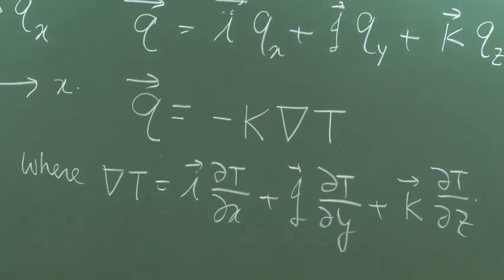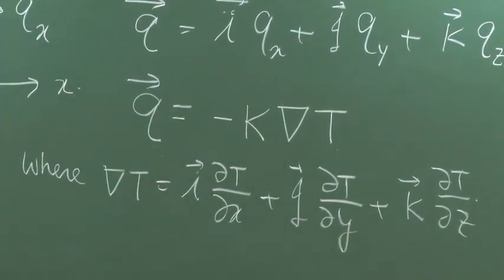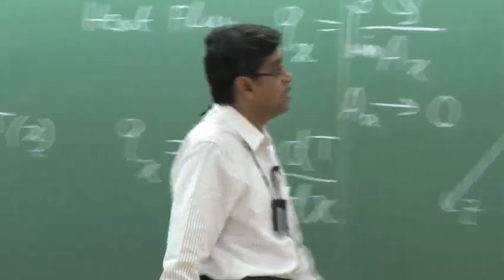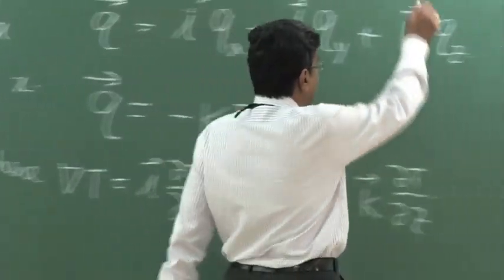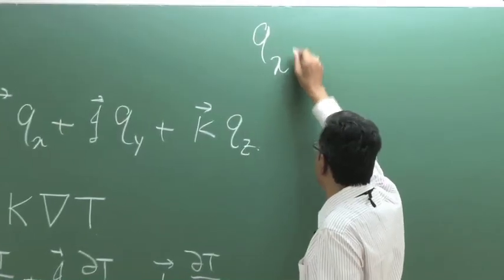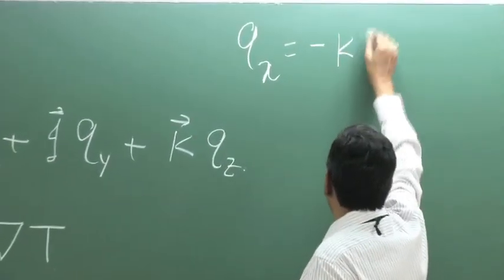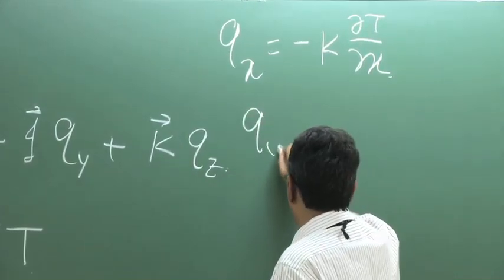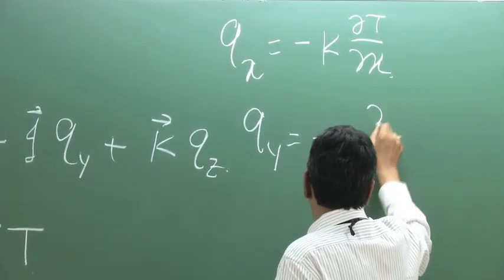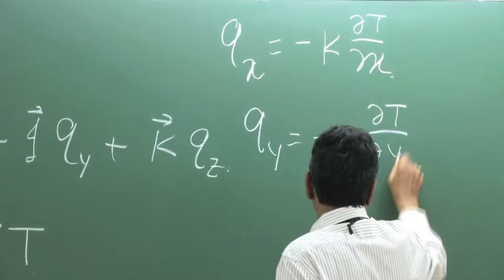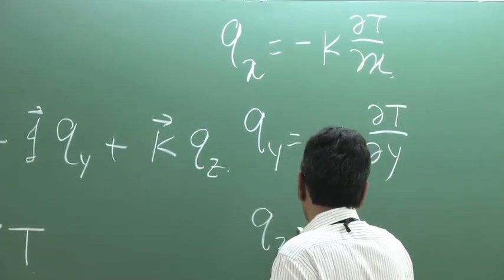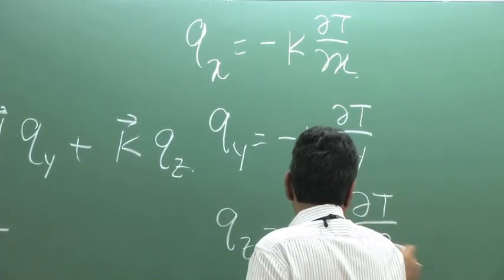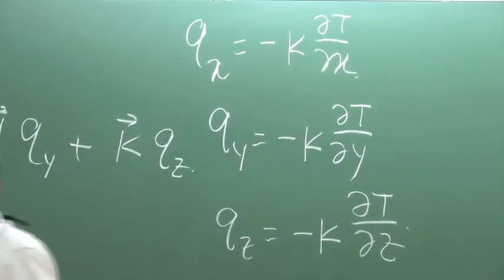So that Qx becomes minus k del T del x, because a partial derivative notation has to be given. So in that case Qx is minus K, because T is a function of